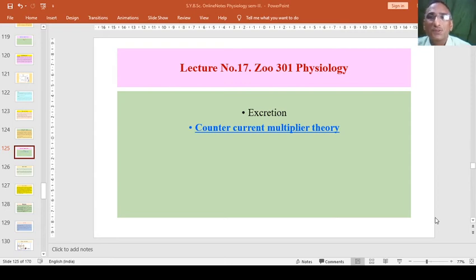Dear students, we'll continue the next lecture of physiology, excretion with counter current multiplier exchange theory. Lecture number 17 will include the excretion and counter current multiplier exchange theory. Actually, we have studied these topics at the basic level in the previous work, but we will repeat something here